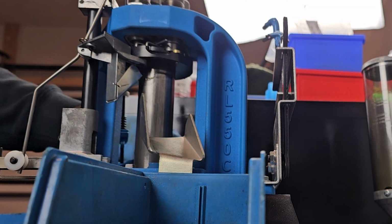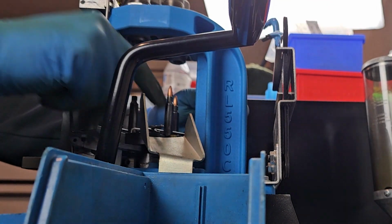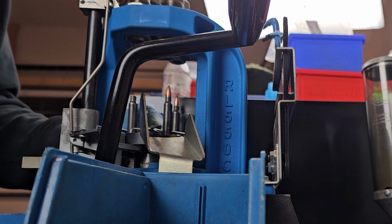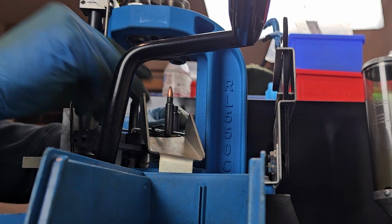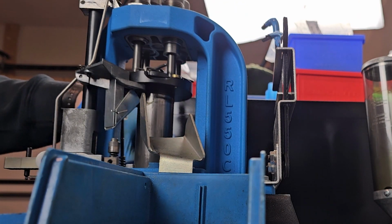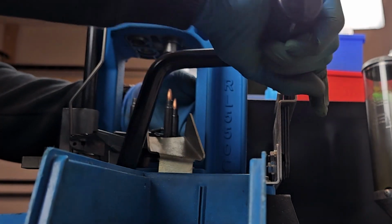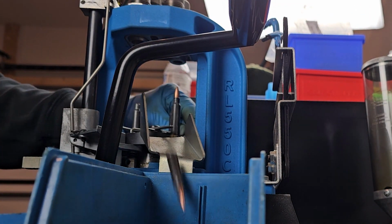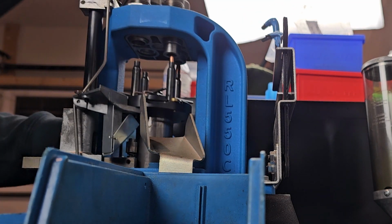I'll be honest, I haven't actually tested this powder charge for accuracy or anything, but I have used it for an equal weight of bullet, and I have less of this bullet in the case than I did with that bullet. So I should have lower pressures than I've experienced before, and it should be right around probably 2,900 or 3,000 feet per second out of a 20-inch barrel,